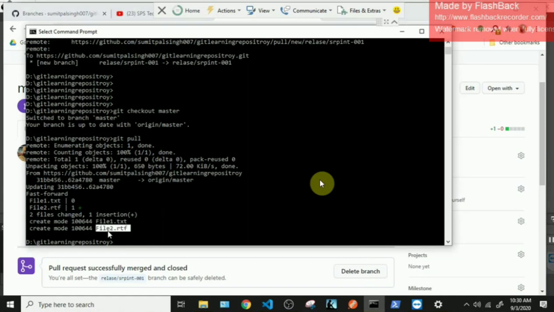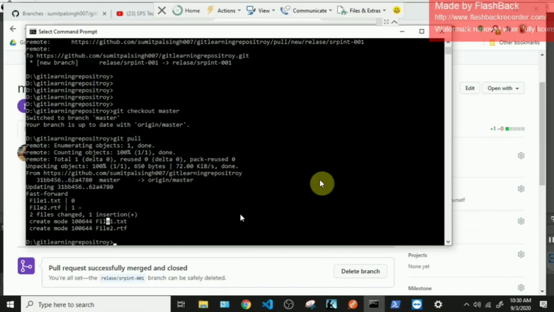Okay. So this was a scenario when there is only one developer working in the team and he's simply committing and pushing the messages. Now, for example, I have my friend Devinder, and we are two developers working on this project now. Sprint 1 got over with me, only me. For Sprint 2, there are two developers, Sumit and Devinder, who will be working.